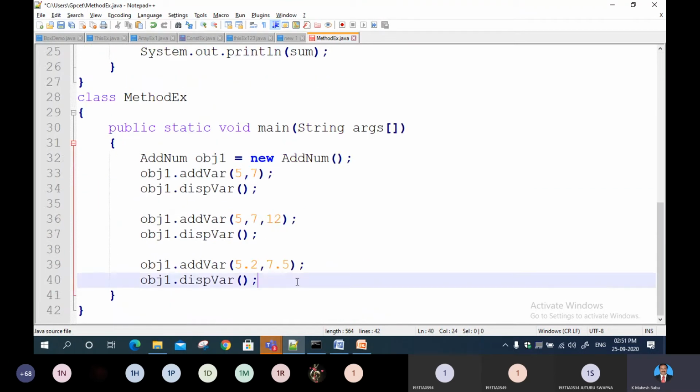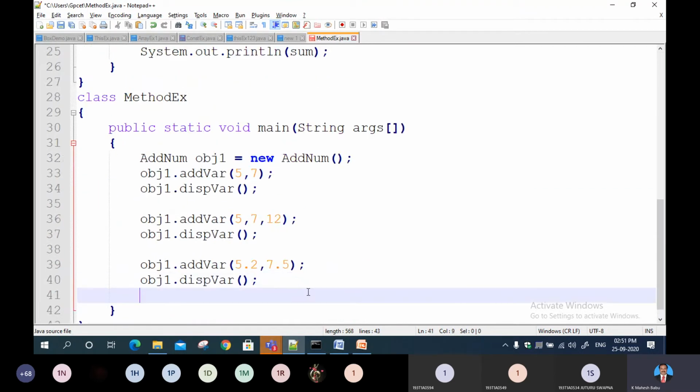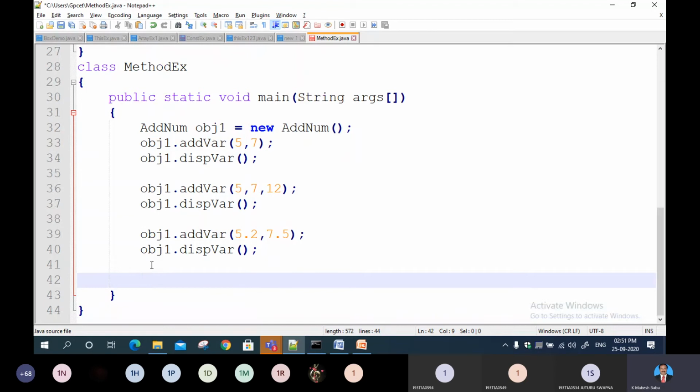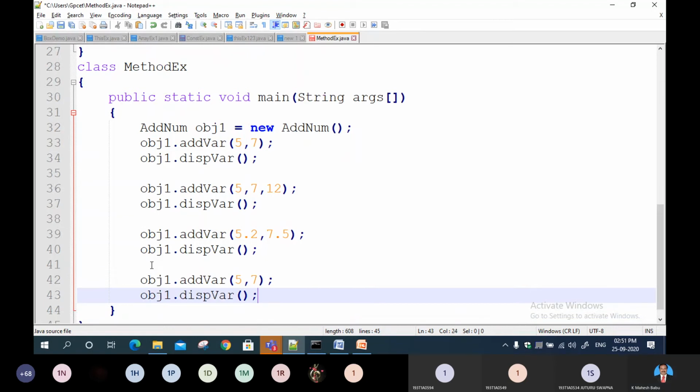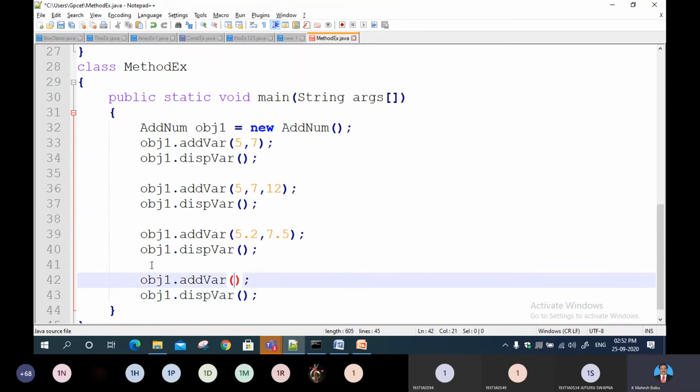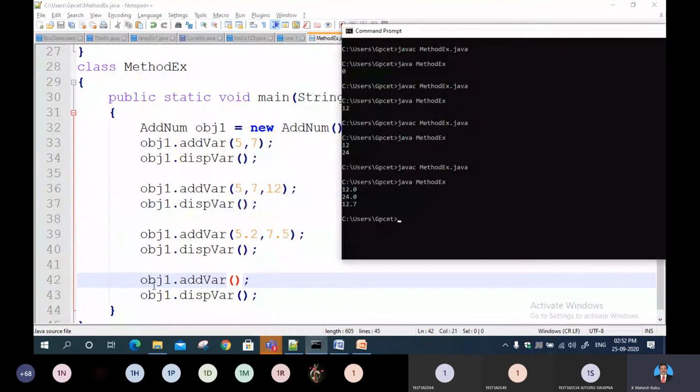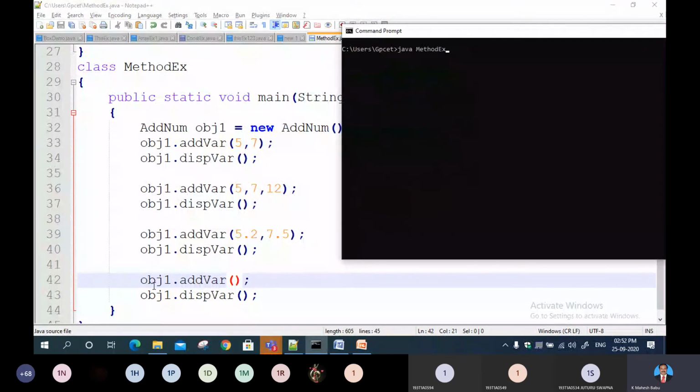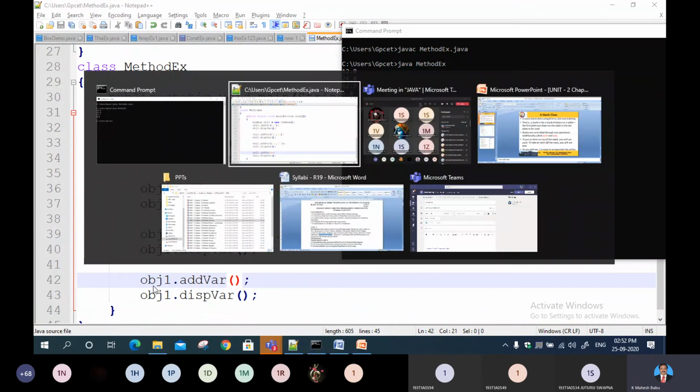I can call it again one more time without any parameters. All the things we can write based on that. Right, so the last one is 0.00. Am I clear?